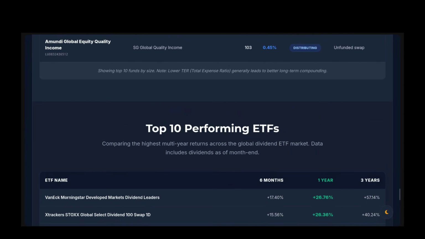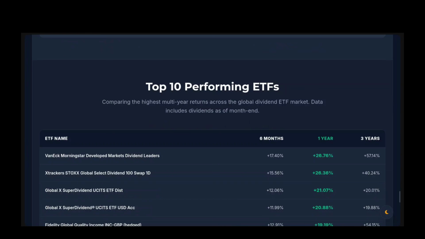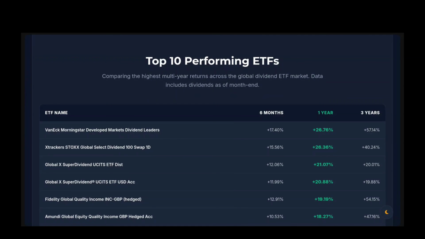Okay, so if we start off with the best performing, it was the VanEck Morningstar Developed Markets Dividend Leaders, which had a 6-month return of 17.4%, 1 year at 26.76%, and a 3-year at 57.14%. If we look at the next one, STOXX Global Select Dividend 100 Swap, it has a 6-month of 15.56%, 1 year of 26.36%, and 3 year of